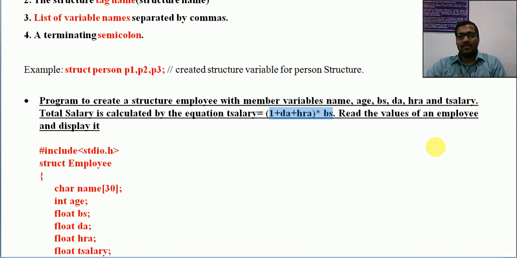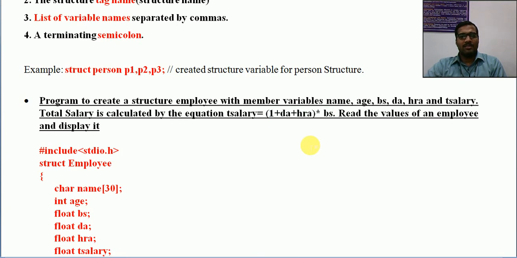Finally, after reading all these, if you want to display that in a table format, we can directly go for a printf and display all these structure variables and corresponding values. By using the structure variable, how we can access a particular element is the only thing remaining for this structure topic.